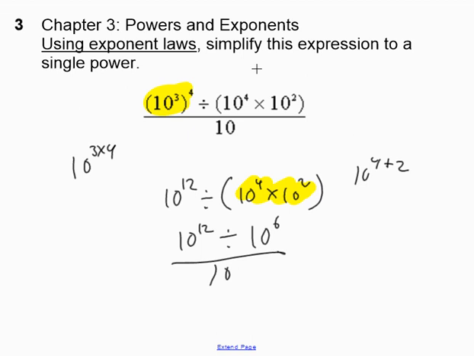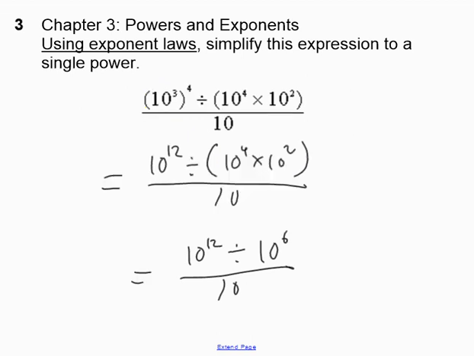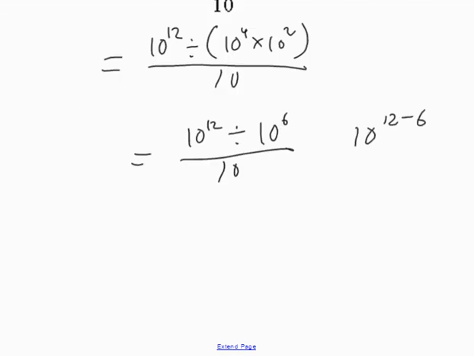I'm going to clean it up a little bit here. And once we have it to here, we're going to simplify that top part. When dividing powers with the same base, you keep your base of 10, take away 6, you subtract your exponents. You're going to end up with 10 to the exponent of 6 over 10. All right, when I do this part right here, take my highlighter, this part here. That's the work you do. You keep the base and subtract the exponents. And once we have it to this last step